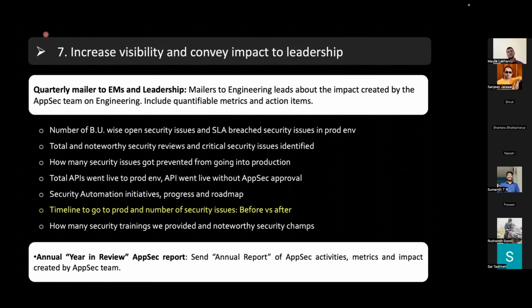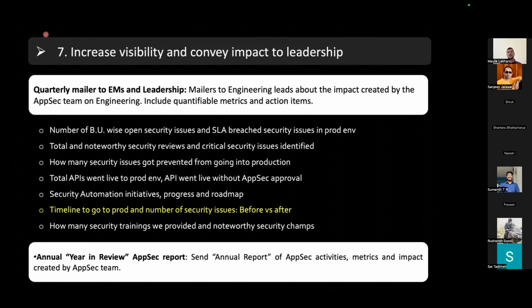People are not taking us as seriously as they should. So then it is more about how you increase your visibility, how you convey your impact, how you convey your importance to that leadership, which is the business leadership and engineering leadership. How do you make them take you seriously?